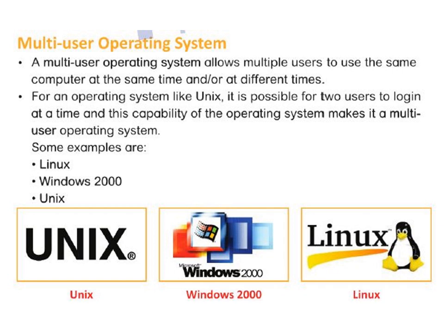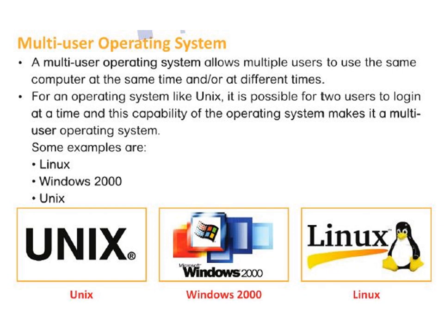Multi-user operating system. Same thing, what is a multi-user operating system and define multi-user operating system. The answer will be the same. A multi-user operating system allows multiple users to use the same computer at the same time and or at different times. So basically, if you have a computer and more than one person can use it, then it is a multi-user operating system.